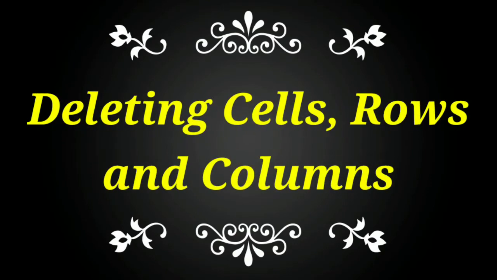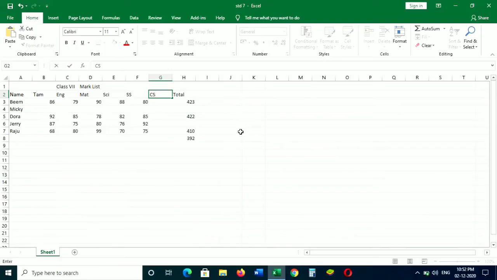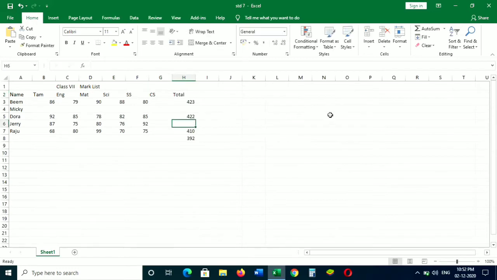Let us know about deleting cells, rows and columns. To delete cells, rows and columns, you have to follow the same method of inserting cells, rows and columns. So step 1. Place the cursor in the cell or row or column that you want to delete.